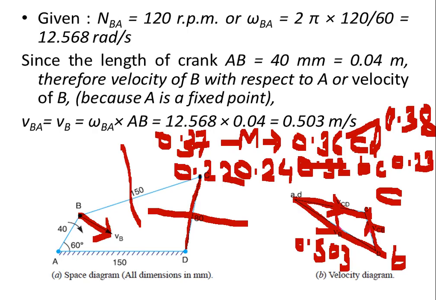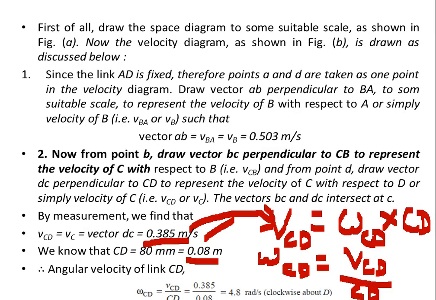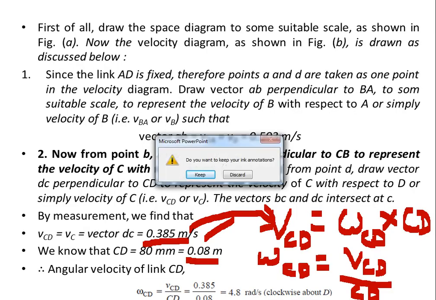Who is talking? Akash, sir. Akash, huh? Yes, sir. Okay, so you can just tell these values to me. I'll just explain you how to plot. So you remember these values. AD is 150, AB is 40, BC is 150, and CD is 80. Just tell me these values, I'll explain you. Okay, sir.